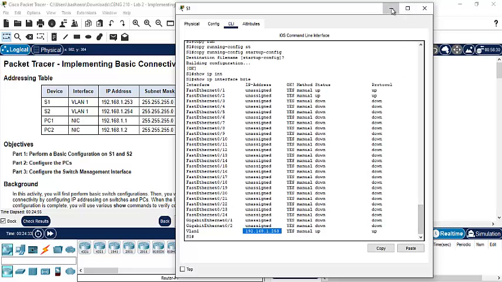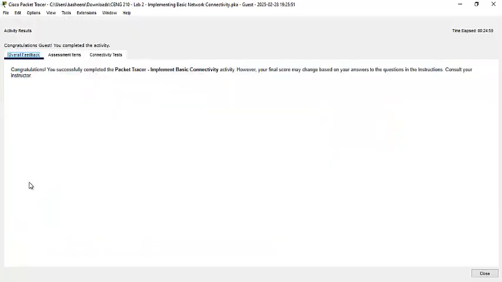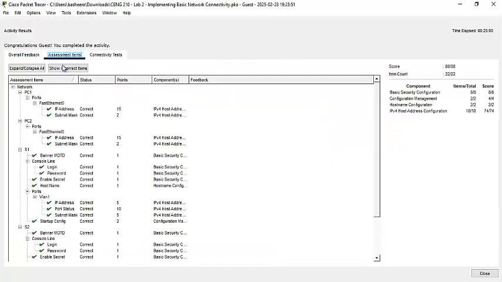So our configuration tasks are complete. You can verify it here by clicking check result and going to assessment items. See the score here. We have completed all the tasks. That means you can see this mark here, right? That means all